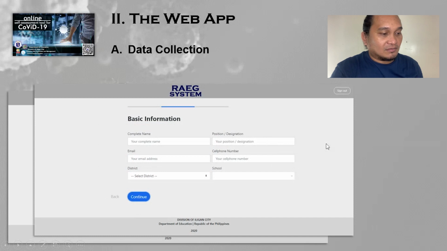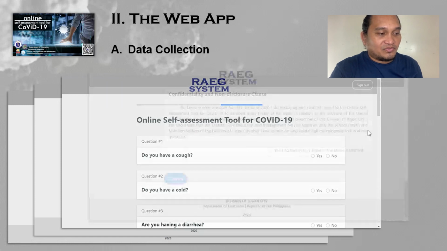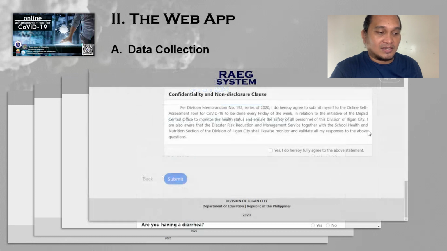So you're going to click continue and you will be led to the 10 questions that are basic and very much related to the contagion or infection of the COVID-19. So it's just a yes or no question, and it has 10 questions. And then the last one is the confidentiality and non-disclosure clause, that you're going to click yes, that you agree that you're going to submit yourself to the